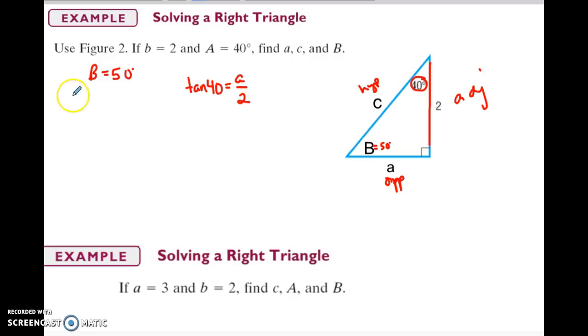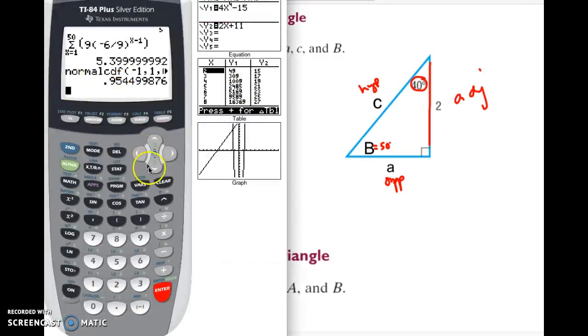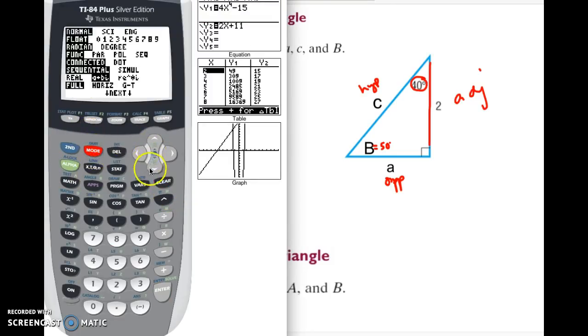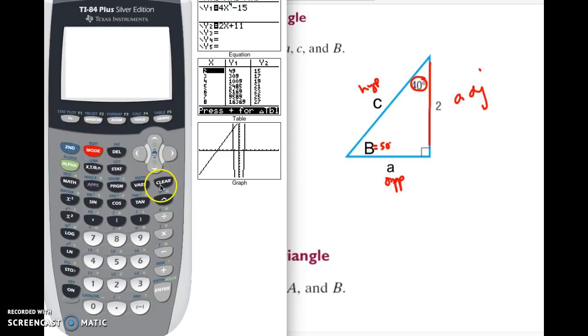Now, when I go to solve this, we are now in Chapter 9 using our calculators for everything. So first thing you need to do is make sure your mode goes to degree mode, which does present the issue on the final exam. You are going to have to jump back and forth. Graphing, Chapter 7 stuff, Chapter 8 stuff was all in radians. So graphing and inverse trig was in radians. But now we're going to stick to degree mode because we're just looking at our triangles. So tangent of 40